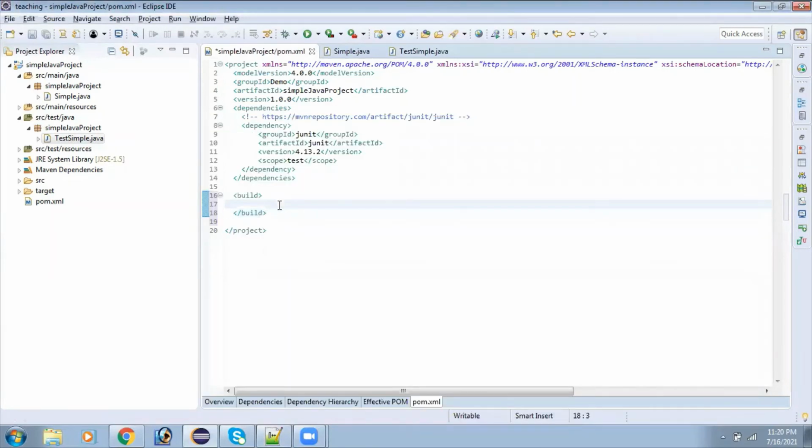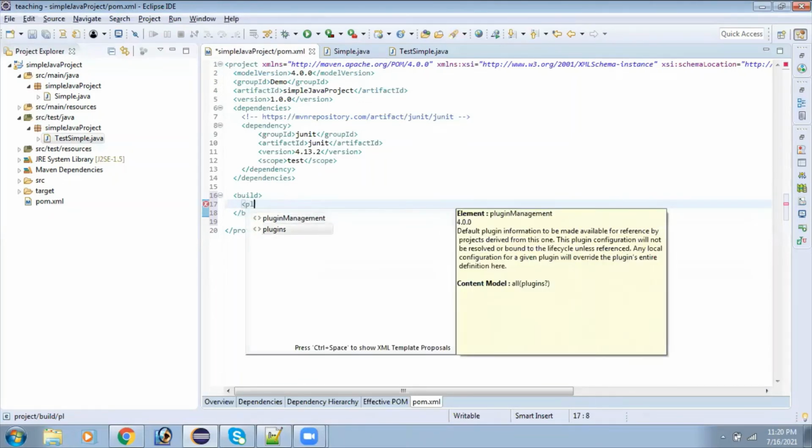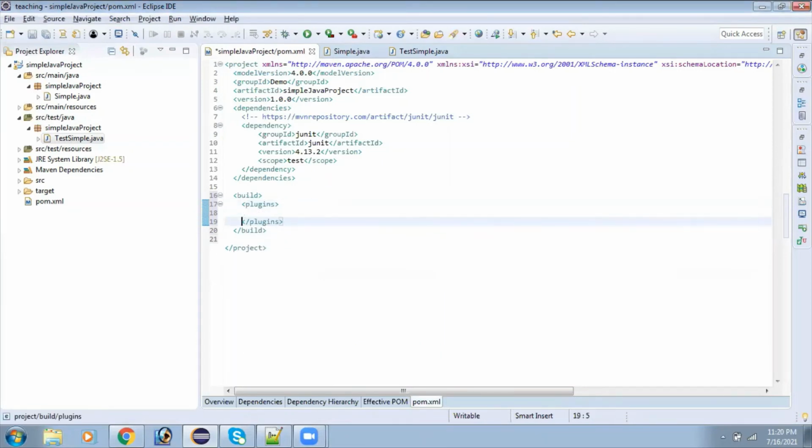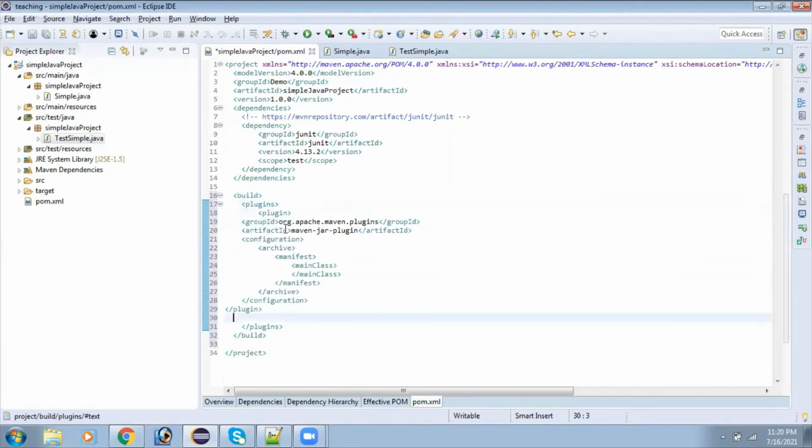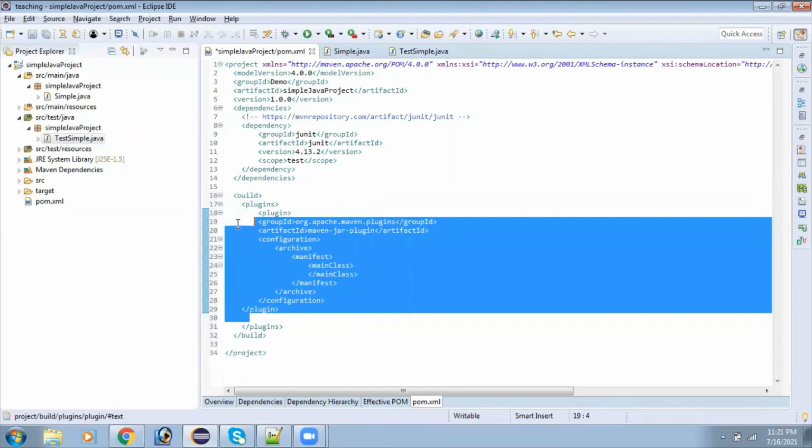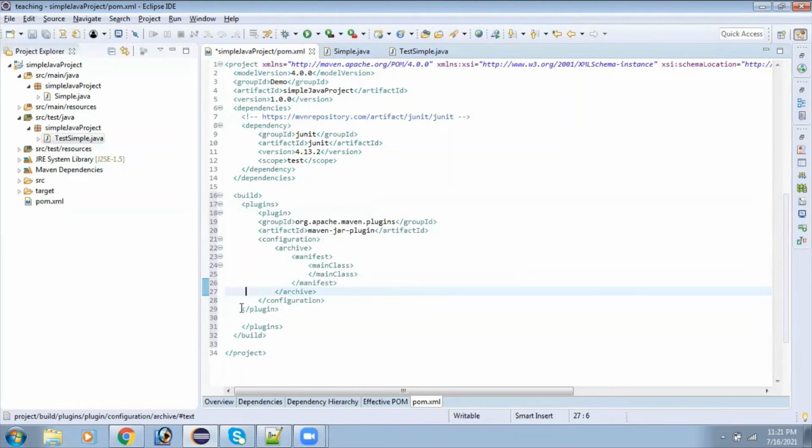So how do I say? Let's say now plugins. Inside plugins, I will have plugin. Okay, this plugin is called the Maven jar plugin.